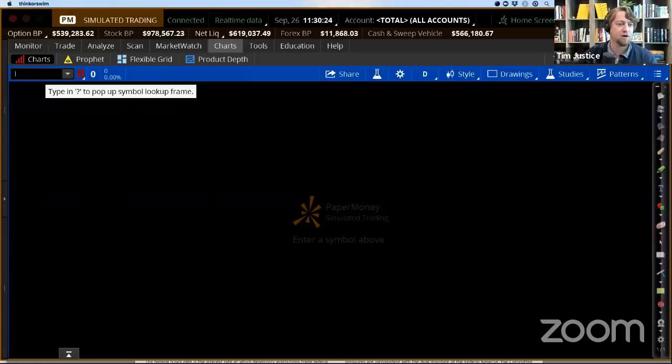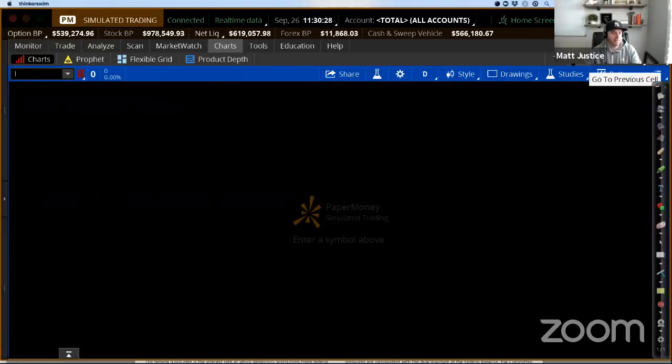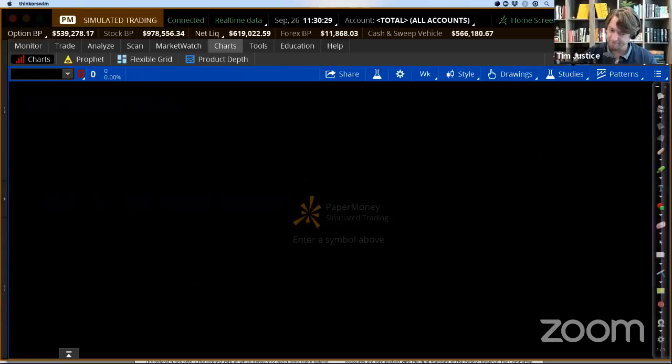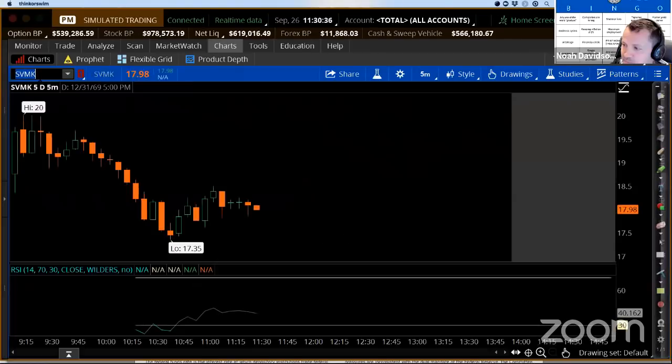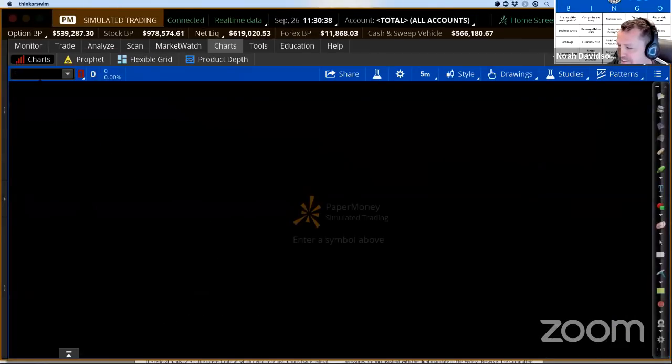Maybe an intraday chart. SVM is in Mac, K is in kite. That's what I got on my chart. This first day I'm looking at the chart. Let me double check and confirm the symbol here. No, something popped up. It just disappears on me because it's like SVMK. A chart pops up and then it says invalid symbol. So maybe it's just because I'm on a virtual account, but.